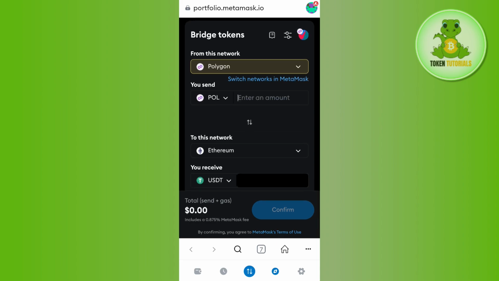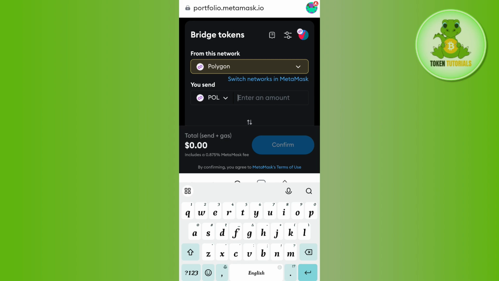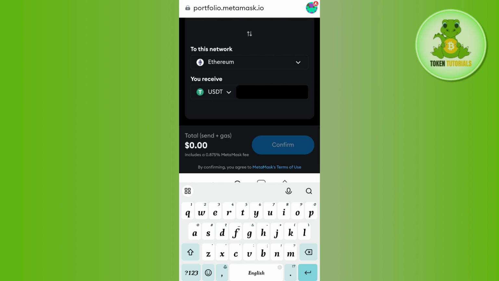Now you need to enter the amount of Polygon that you want to swap to USDT, and then it will show you all of the information about this transaction. Once you are okay with the transaction fees and other information, you need to press the confirm button and confirm your transaction. Once your transaction is concluded, you just have to wait and you will see your USDT in your Metamask